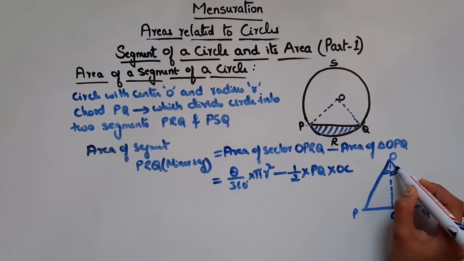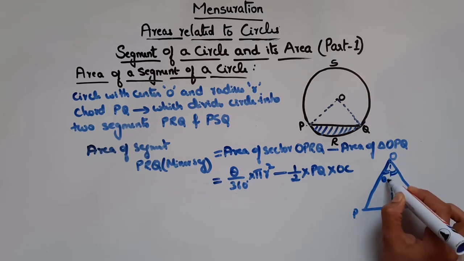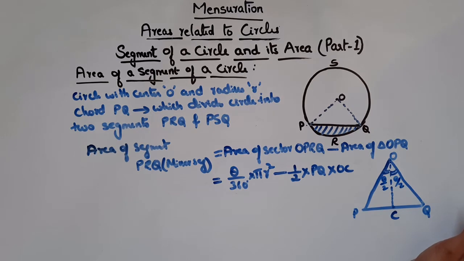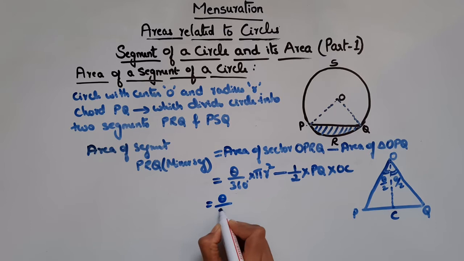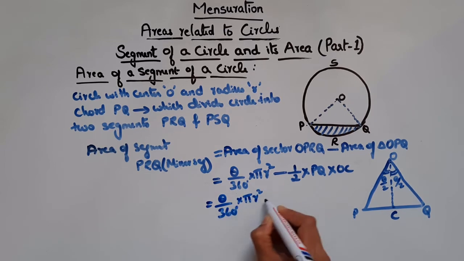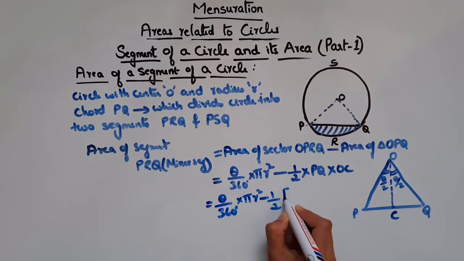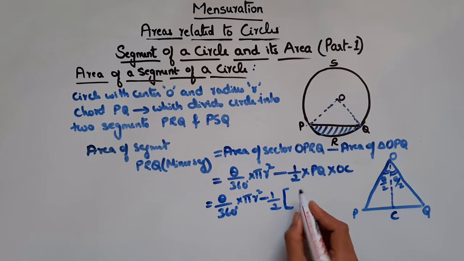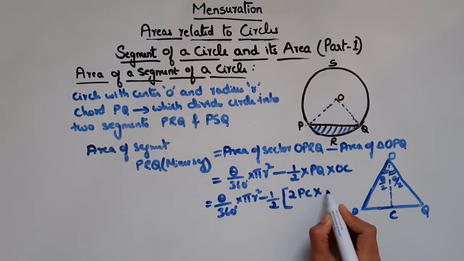If this whole angle is theta, then this angle will be theta by 2. This is also theta by 2. They are equal, right? So you can write, which is equal to theta by 360 degree into pi r square minus half into what is PQ? We can write 2 times PC is equal to PQ. They both are equal. So we can write 2 times PC into OC,